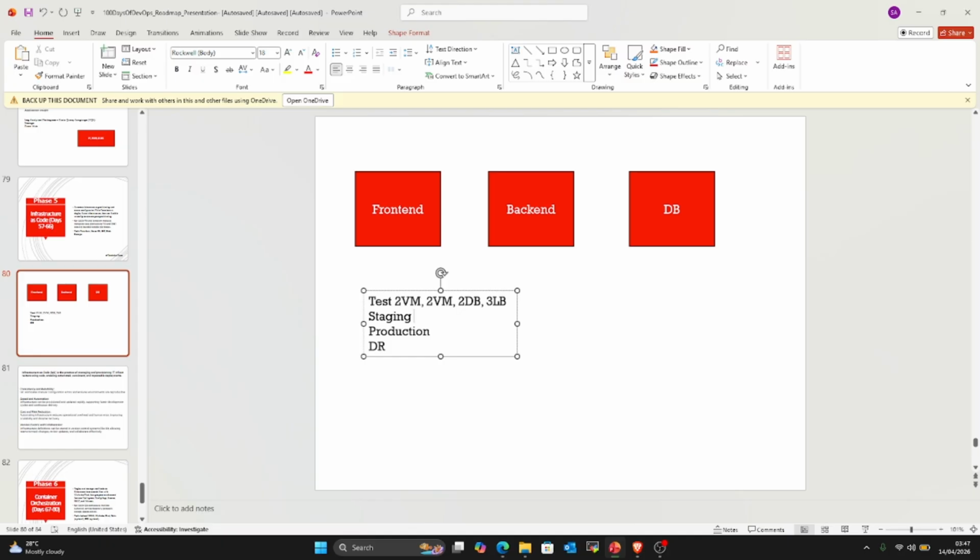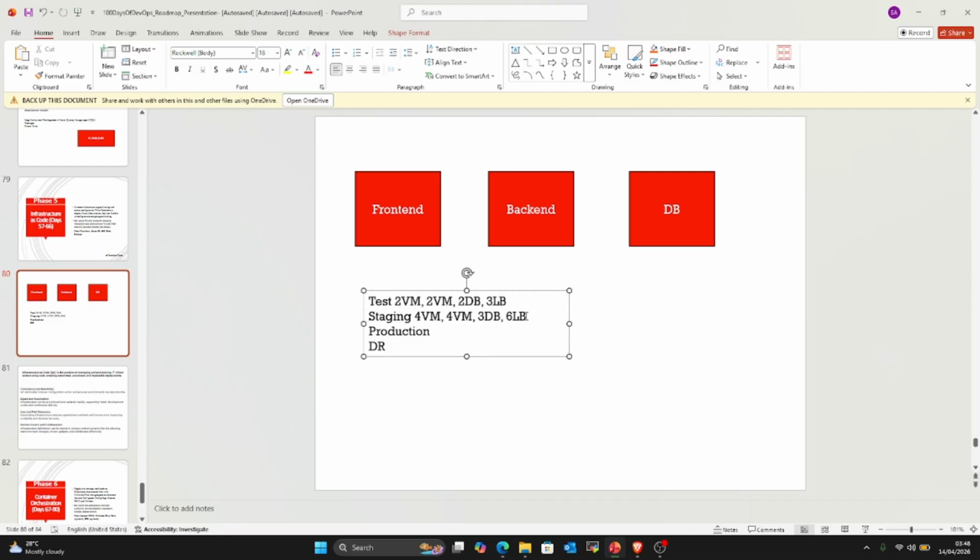For the staging environment, you can have up to 3 or 4 virtual machines for the front end. You can have up to 4 virtual machines for the back end. You can have 3 database servers. And now you want to make it highly available. When something is highly available, we are making sure that there's redundancy. So now we're not using just one load balancer, we're using like 2 load balancers each. So now let's say we're looking at 6 load balancers, right? Now you're seeing how many virtual machines need to be provisioned in a production environment.